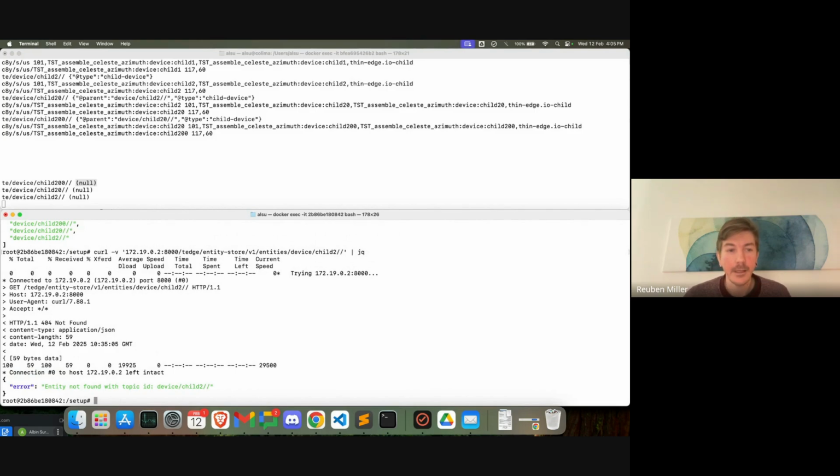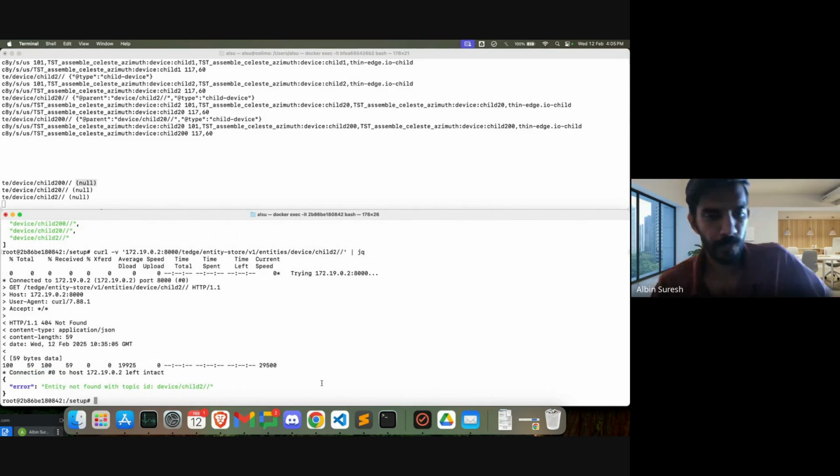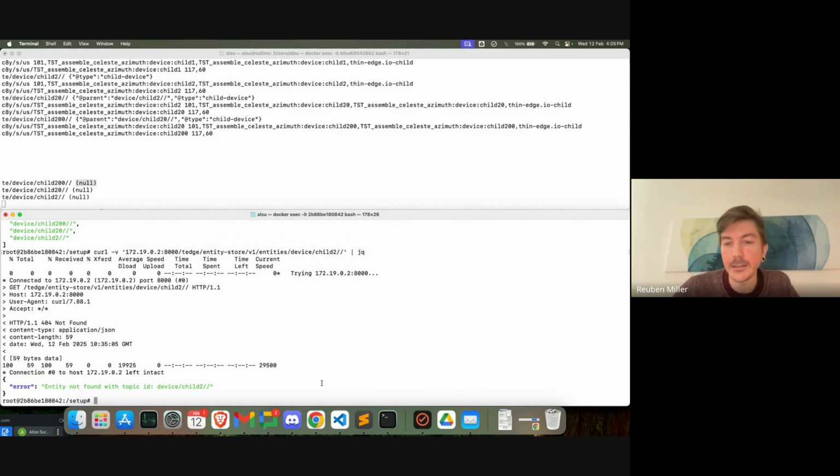Okay, great. Thanks, Alvin, for showing that. We hope this really opens up the information about ThinEdge. I know deleting stuff and nested deleting is quite difficult, so it's now a lot easier to do, especially if you're talking about services, which are a little bit more transient in nature. If containers get added and deleted, it is a little bit more flexible. Okay, so let's go to the next